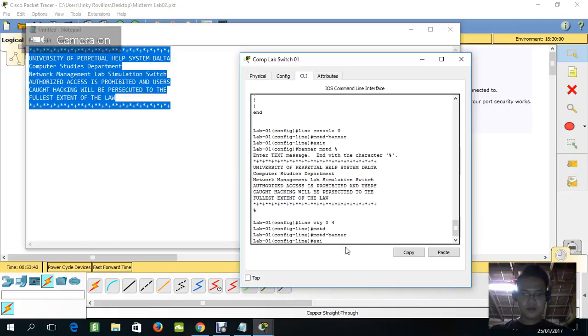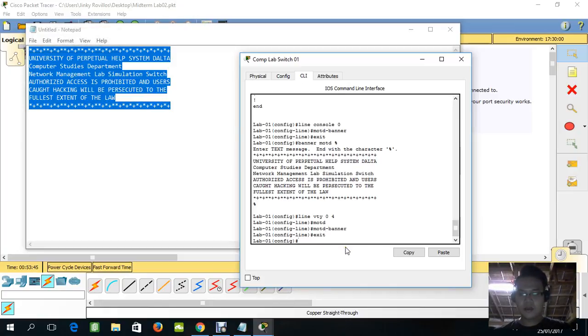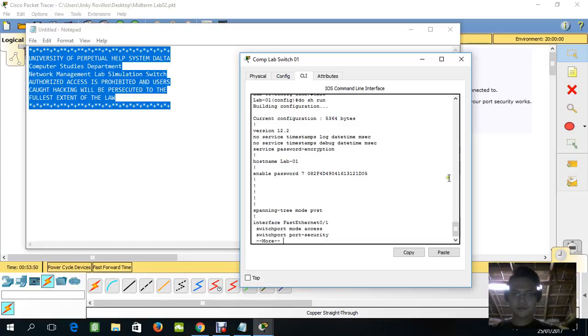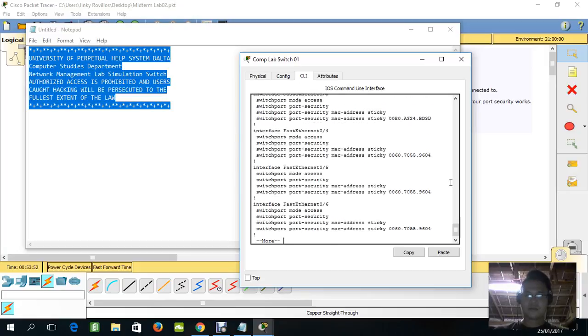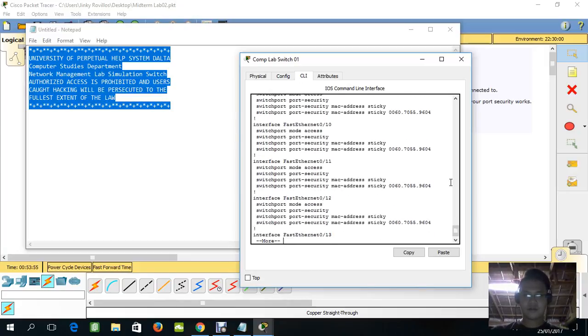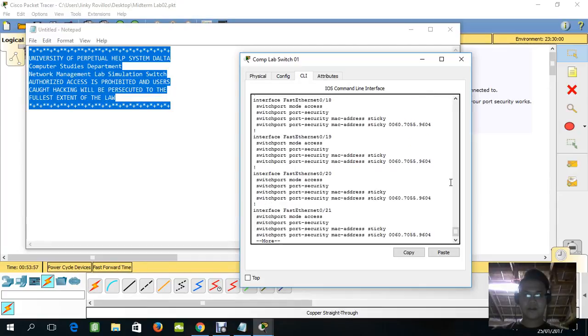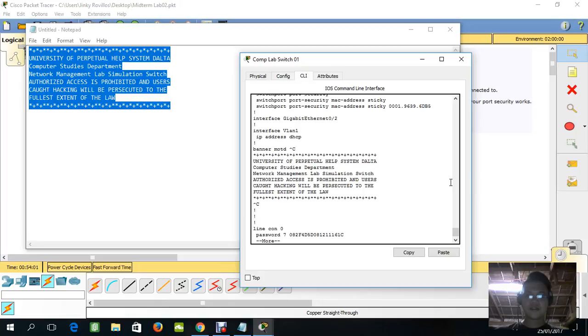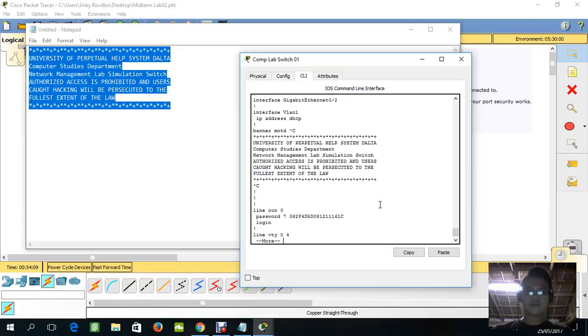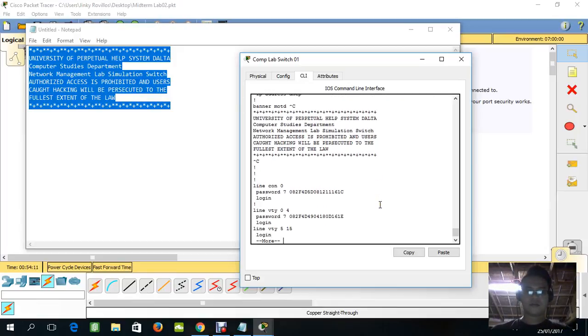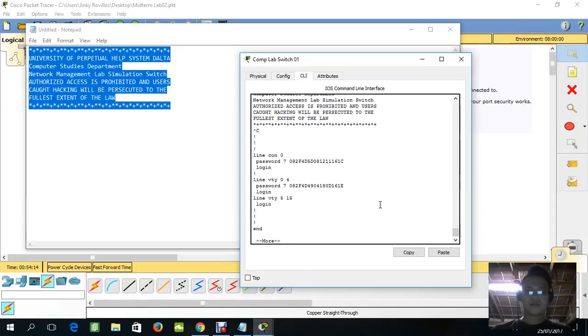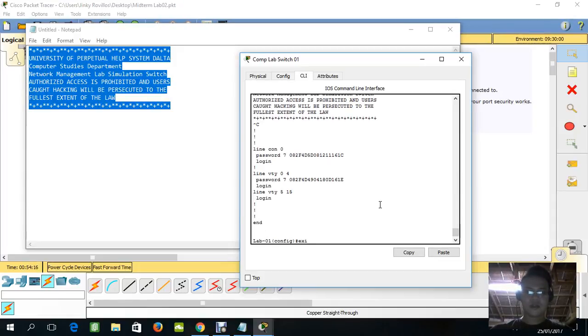Then just type exit, and then do show run. We're going to check. I already have the banner. As you can see here, the banner that we put in. And then exit.